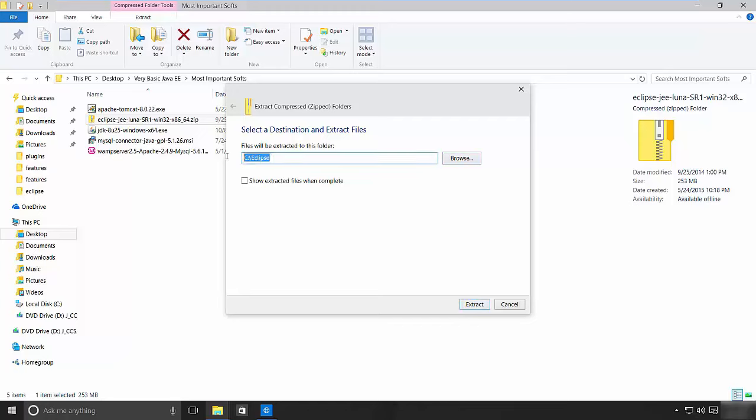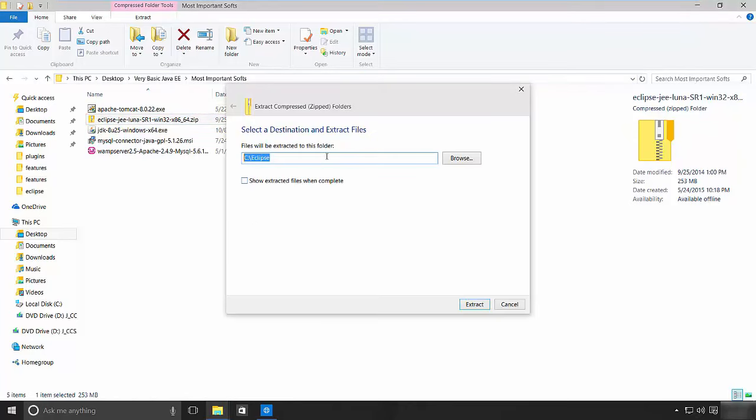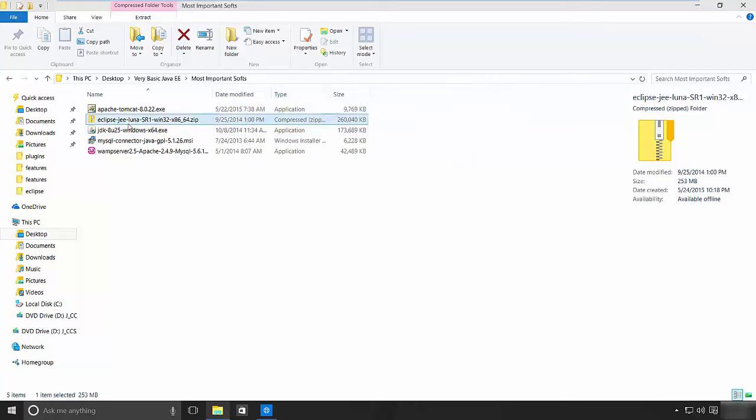See, this will actually create a much smaller path. Sometimes if you just extract in the folder where you downloaded or kept the software, that becomes a really big path and that might cause problems while extracting. Keep that in mind while extracting this. Next you should install WAMP server,